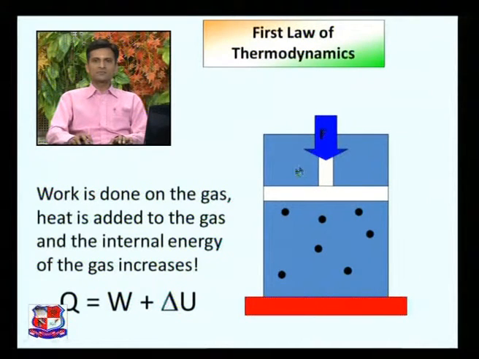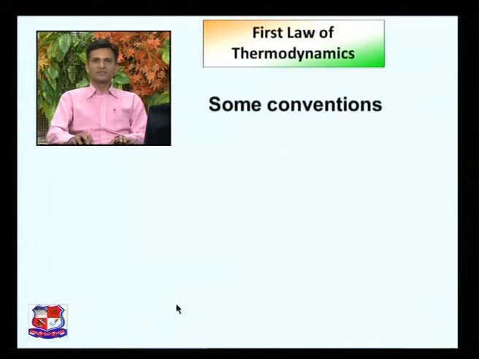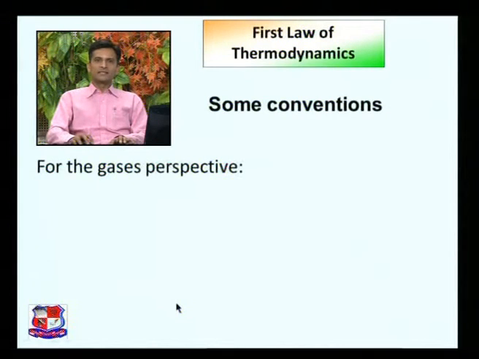Say by employing this force, we are doing work. By heating from here, heat is added and change in internal energy is delta U. So the relationship between these three elements can be represented by the first law, Q is equal to W plus delta U. Some conventions which are used from the gas's perspective,